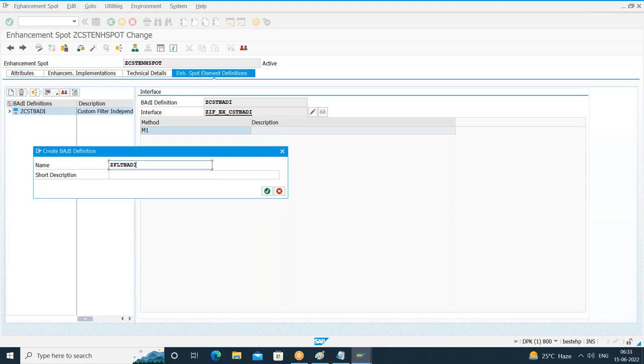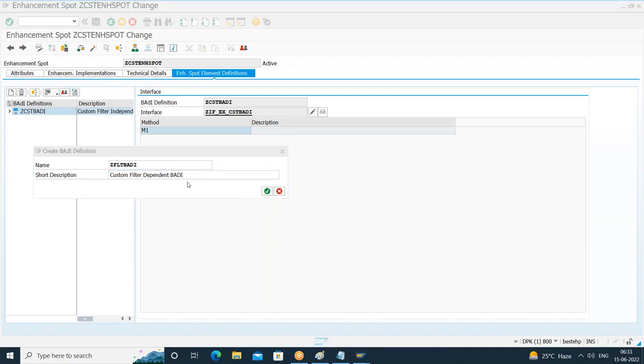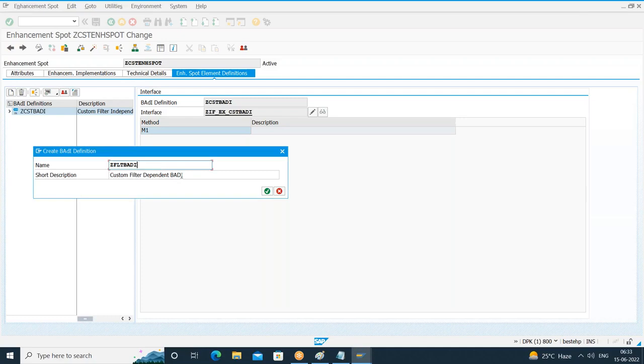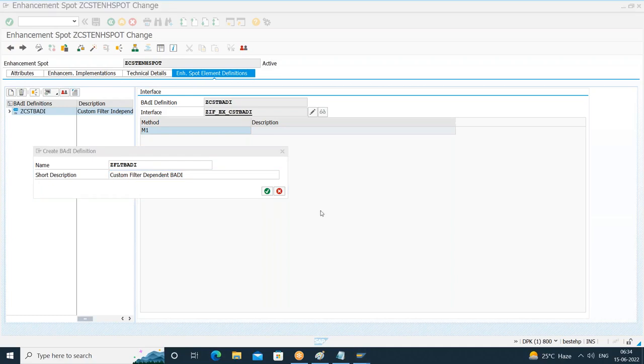Provide some body name, provide some description. I'll give the description as something like custom filter dependent body. So I gave the name of the body and I gave some description. Continue. So when I continue,